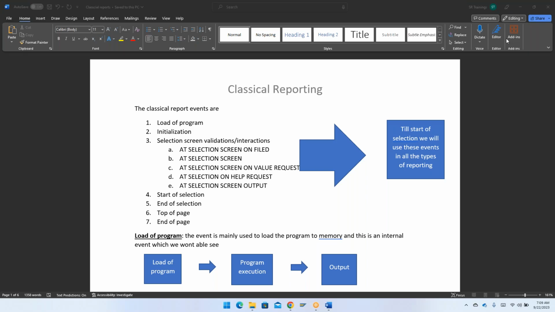In today's class, we are going to start with our classical reporting events. So when you are writing a program in real time, we should follow these events to write your programming. So whatever program we have written till yesterday is the traditional way, or a very basic way of